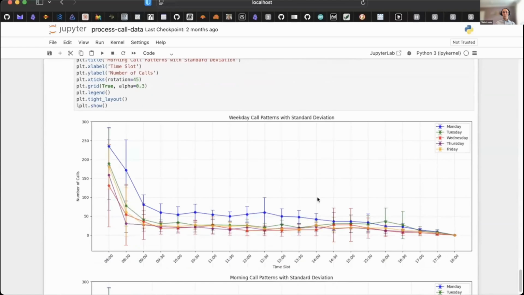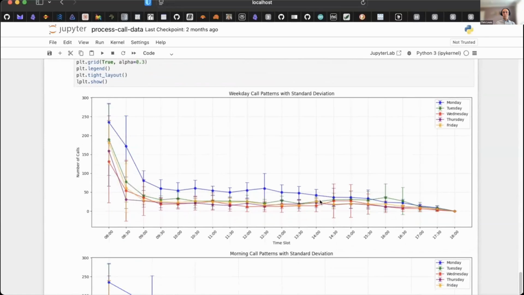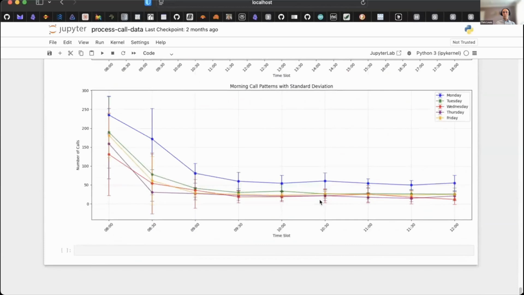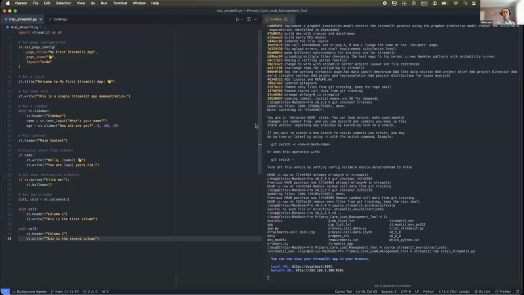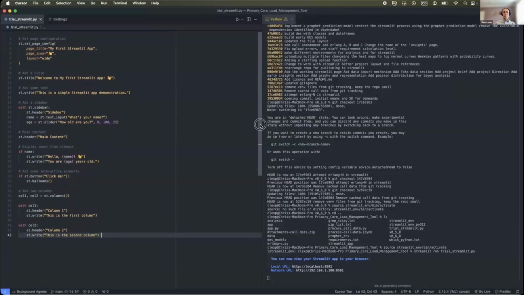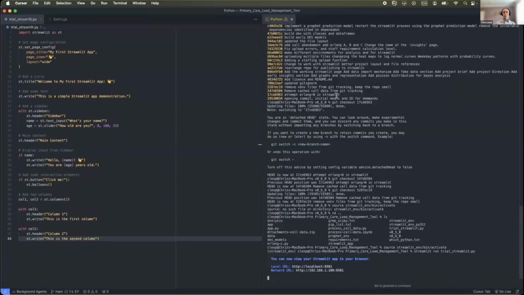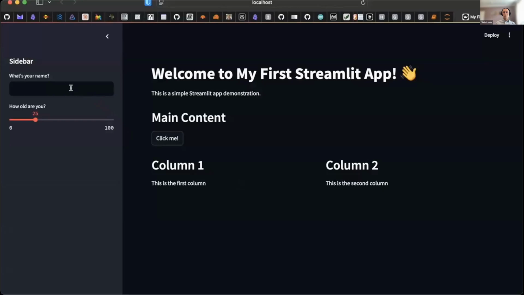We're trying to get a curve for each day, averaging the days out. We can see some super curves. Monday is higher than the other days, and the peak call volume is in the morning. Here's the first 2 hours of the day. Let's try and turn this into a Streamlit app. On the left you can see the Streamlit code, on the right top you can see the git commits I went back to produce this video, and on the right bottom you can see the starting of the server for the Streamlit app.